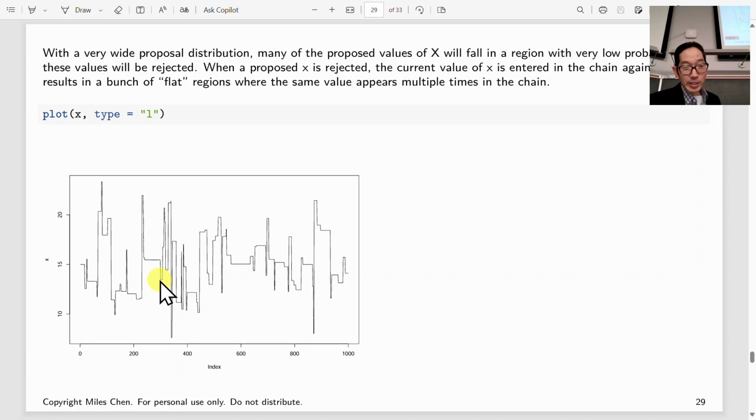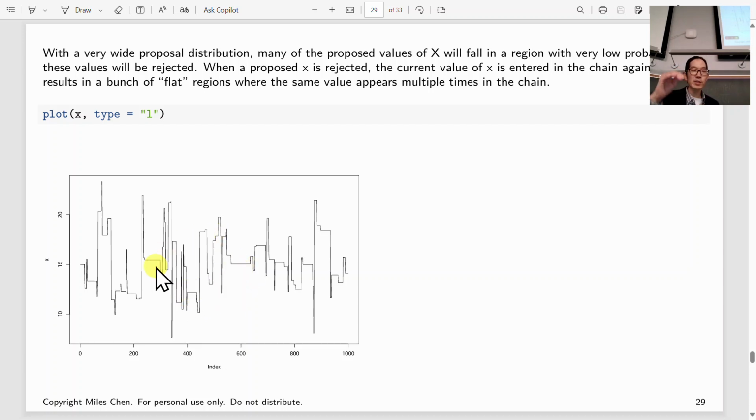And then finally, I said, okay, what if I propose 13? And we say, okay, 13 we'll accept, and then we move there. Then we proposed a few and rejected them. Then I say, what if I propose, I don't know, 16 and a half? We accepted that. What if I propose 21? I accepted that. So it bounces around, and then again we get stuck for a little while.